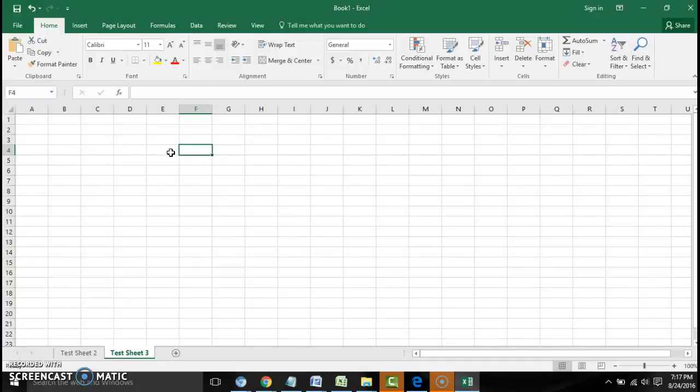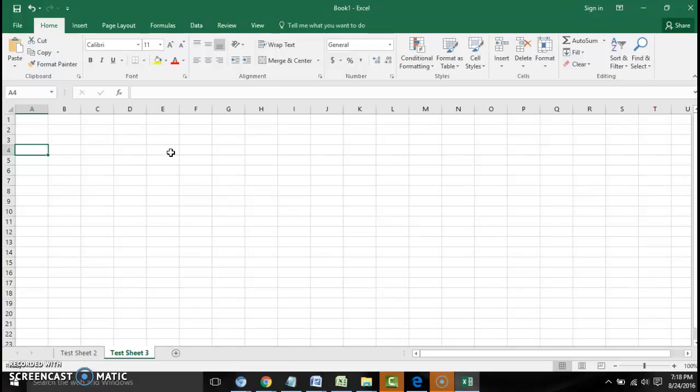Using the tab key, you can move the active cell one to the right within the same row, and then the page up and the page down. Page down goes down one page, remaining in the same column. Page up again goes up one page from your current position. To move the active cell to column A in any row, you would go ahead and hit the home key. So I'm in row 4. I hit the home key and I move to